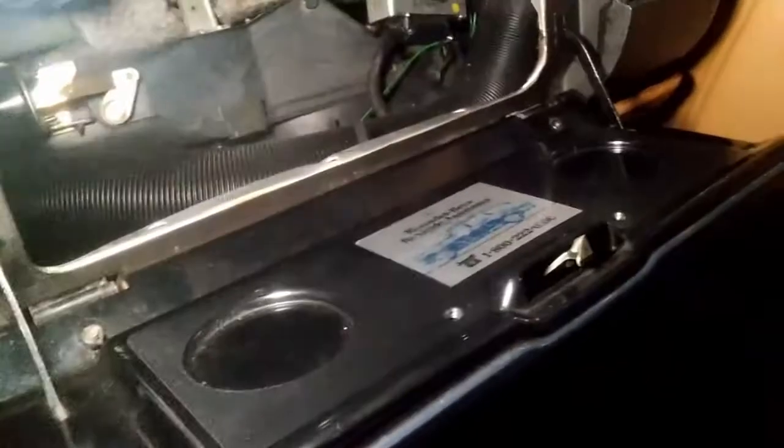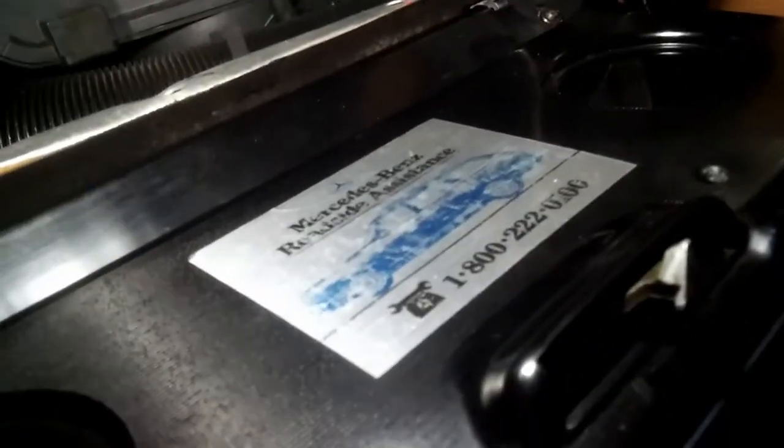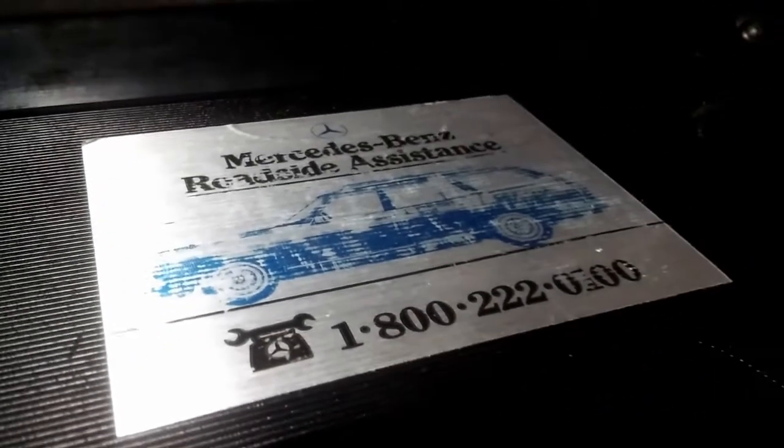So the glove box door is installed. I'm going to open it. Here you go. And this one's pretty nice, you know. It even has this original sticker, basically saying, you know, Mercedes roadside assistance. And installed basically. And the only thing that I didn't show you is these things,